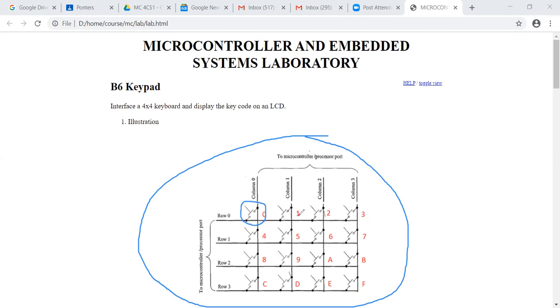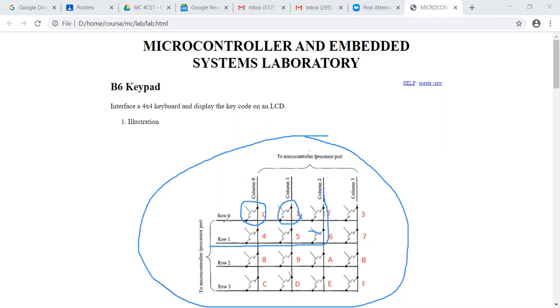Every junction has a switch. If you press the switch, there will be a contact between the column and the row, otherwise there won't be any contact.